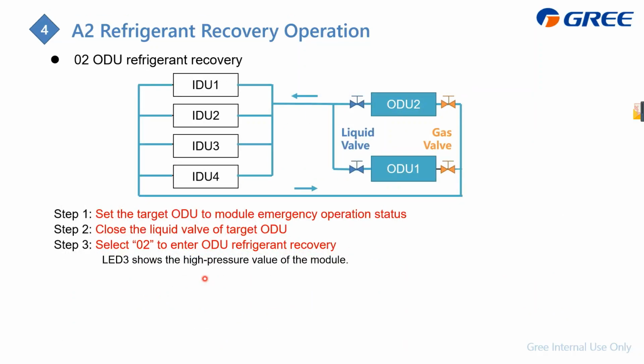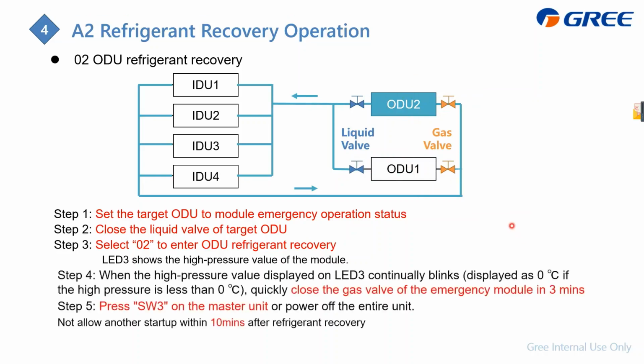We not only can recover the refrigerant from the indoor side to the outdoor side, we also can recover the refrigerant from one module to other modules. If module 1, outdoor unit 1, is in malfunction and we should change a new one, at first we should recover the refrigerant in this outdoor unit 1 to the other modules. How to do it? We should at first set this outdoor unit